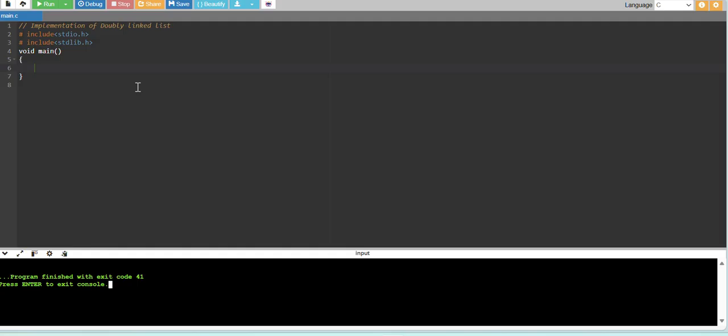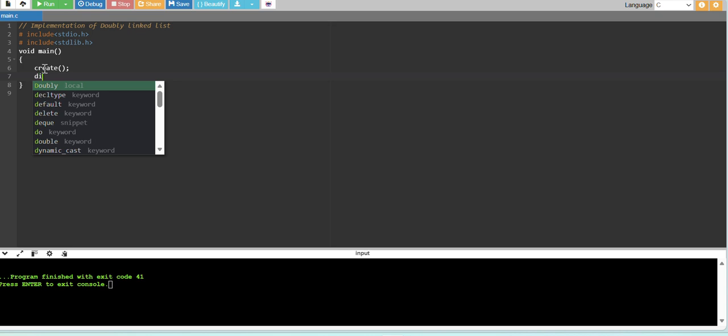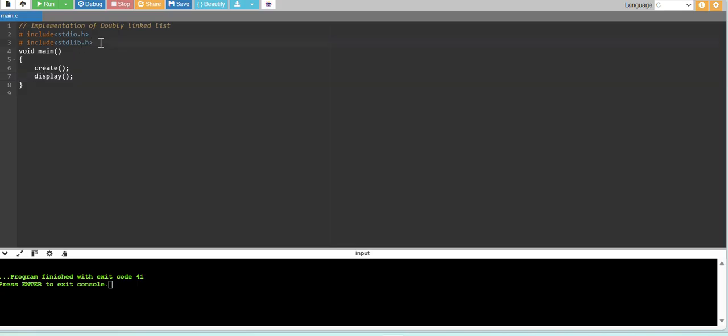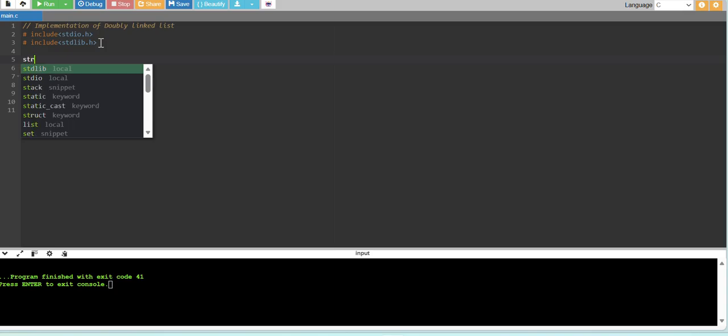Now here in this video, we are just going to create a doubly linked list and display that linked list, the doubly linked list. So our main function is going to use just two function calls, create and display. Here we are going to use node again